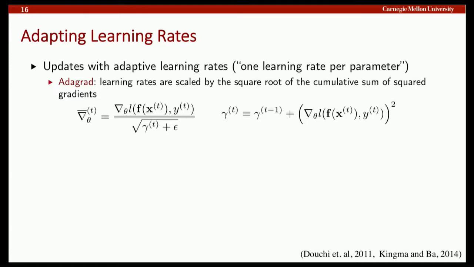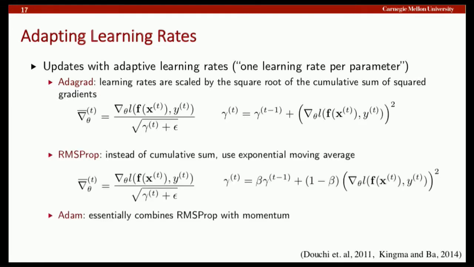Or if the variance of the gradients is small, maybe you should increase the learning rate, right? So intuitively, it should make sense. It's essentially saying, if my gradients go all over the place and they change a lot, maybe my learning rate should be smaller. But if my gradients don't change a lot, right, the variance is very small, then maybe my learning rate is too little because they don't change that much, right? So maybe I should increase my learning rate. And there's a nice theory behind